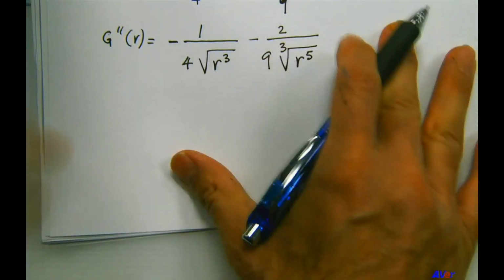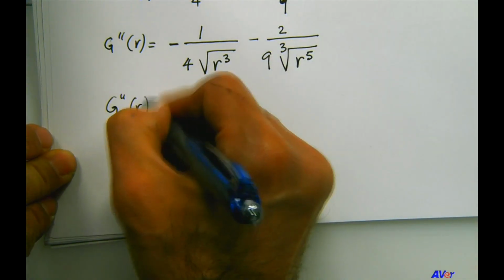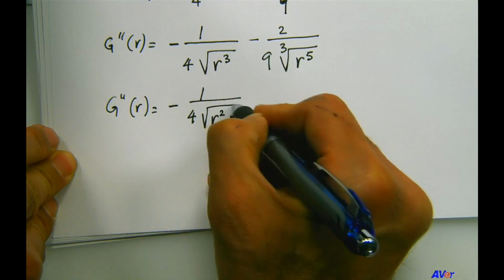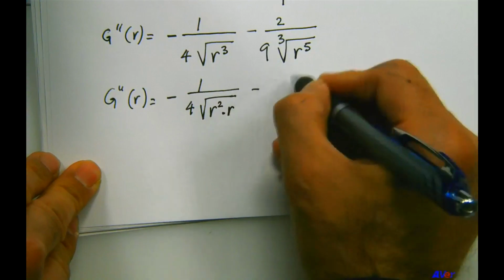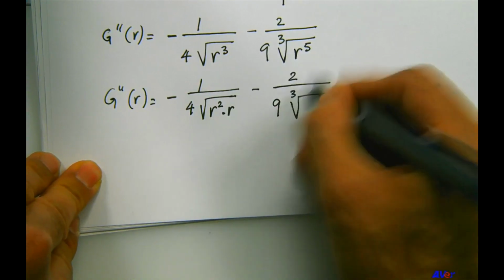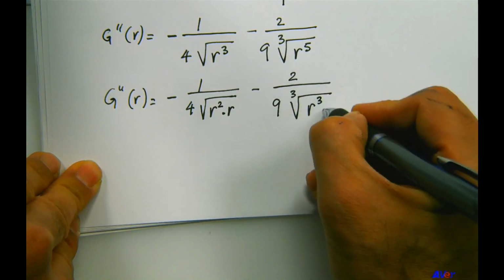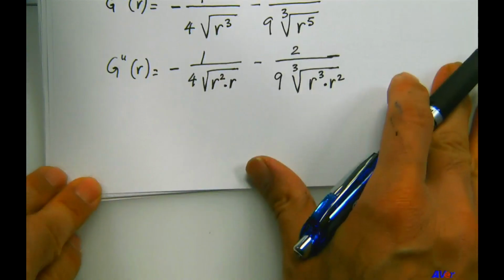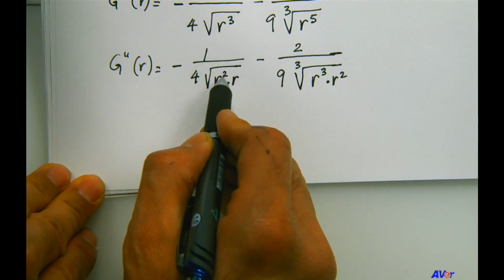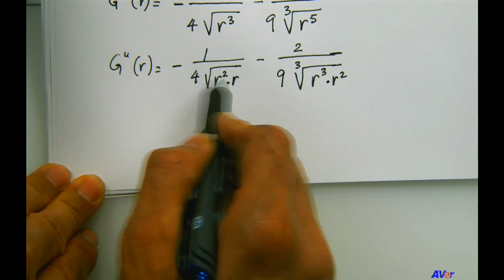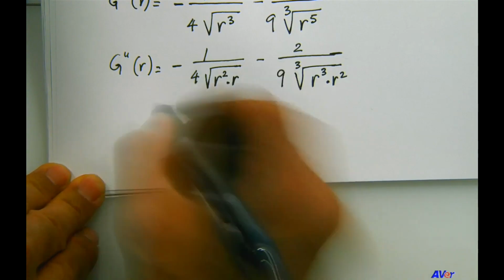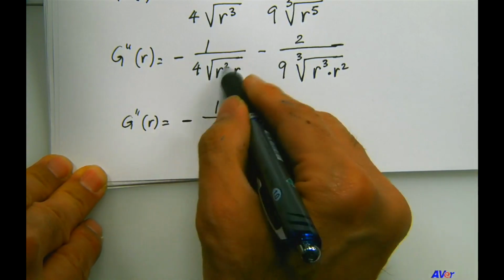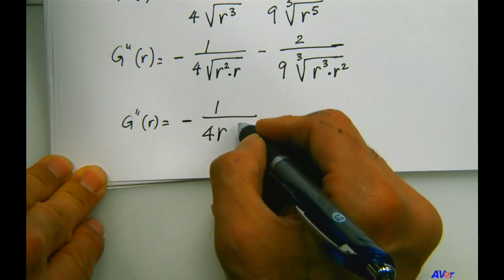So to do that, g double prime of r is equal to minus 1/4. This we can write as r squared times r, right? Minus 2/9, third root of, this is the third, so we can write this as r cubed times r squared, right? That still would be r to the 5th. So now we have a square root and a term that is the second power on the inside being multiplied by another term. We can move this term outside of the radical and put it in front. So g double prime of r would be minus 1 over 4. In the process, this power is dropped or canceled. 4 times r, square root of r,